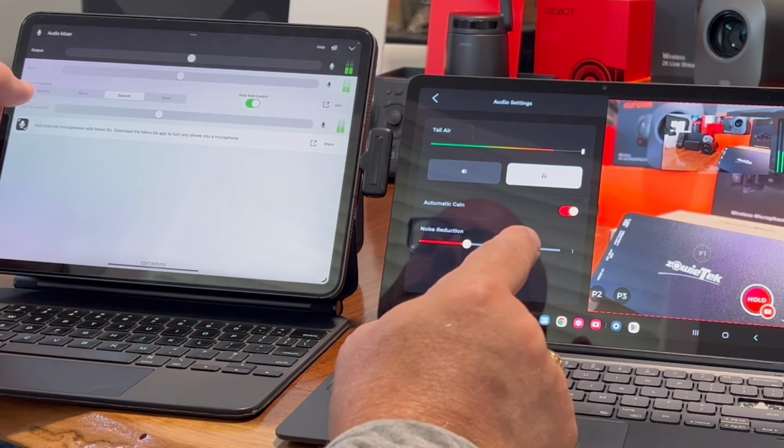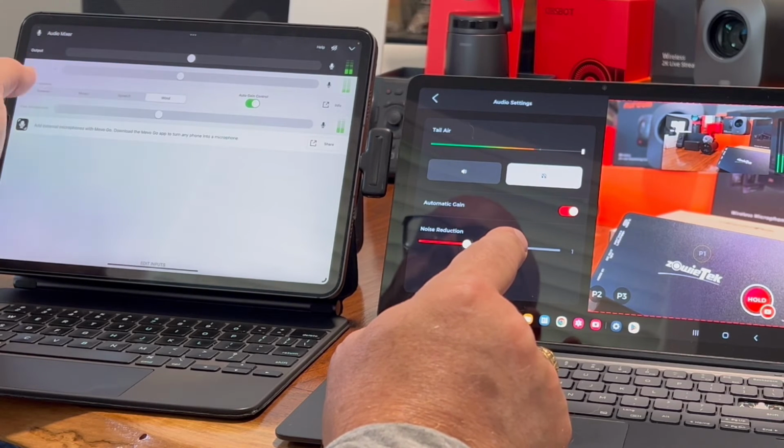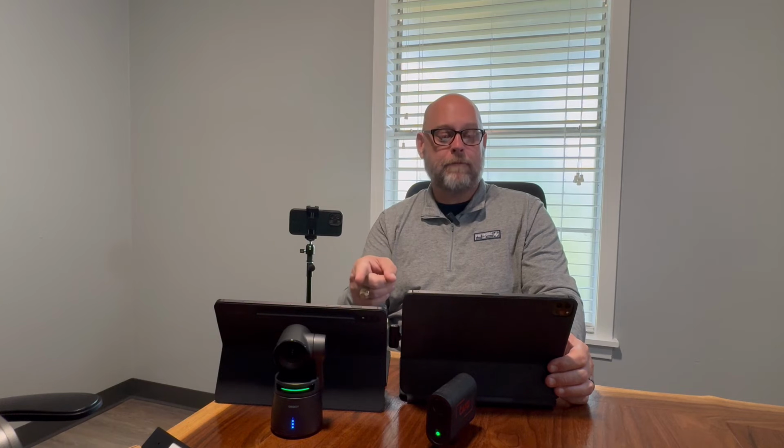Also have processing that is for general, music, speech, wind, which is going to give me some noise reduction there. And I can bring in my iPad as a microphone because it's the control device. That is a feature that the Mevo software has that the Obsbot software does not yet have. And then that subscription we talked about just a moment ago, the Mevo Pro subscription that's available through Mevo, that